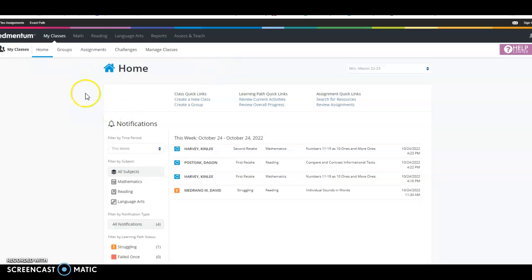Hey, so, okay, this is how you do it in ExactPath. Again, not everybody does this. I don't do mine for a grade. You can, totally up to you. I'm just showing you how to add things. I'm only going to show you how to do assignments right now,